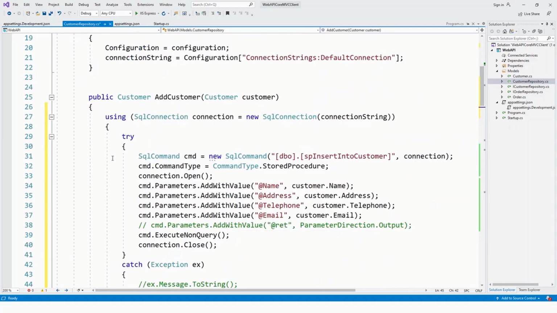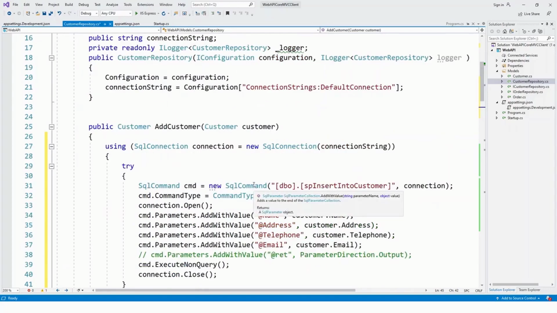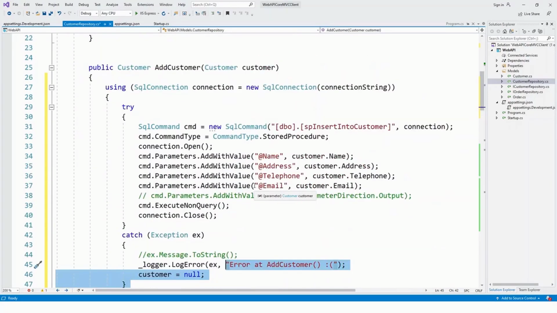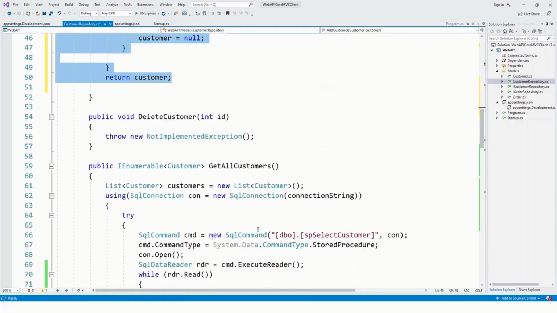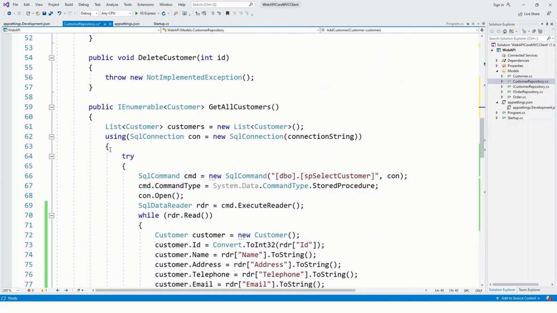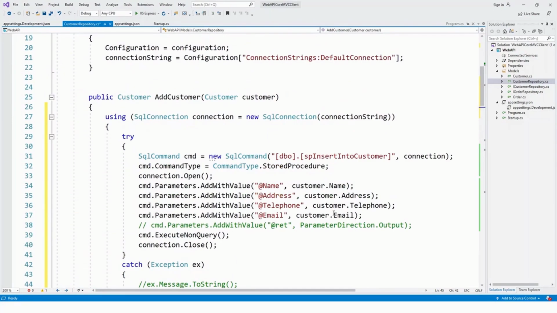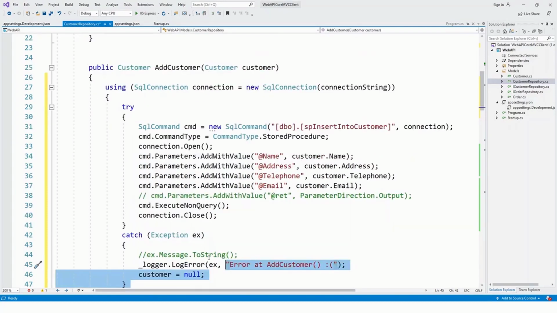Now this starting is very similar. We are starting a using statement, much in the way that we used a SQL connection within a using block in get all customers. Okay, using SqlConnection con equals new SqlConnection, passing the connection string that we did in the previous lecture. So we start the same way, and then within this try catch exception block, which is for exception handling,